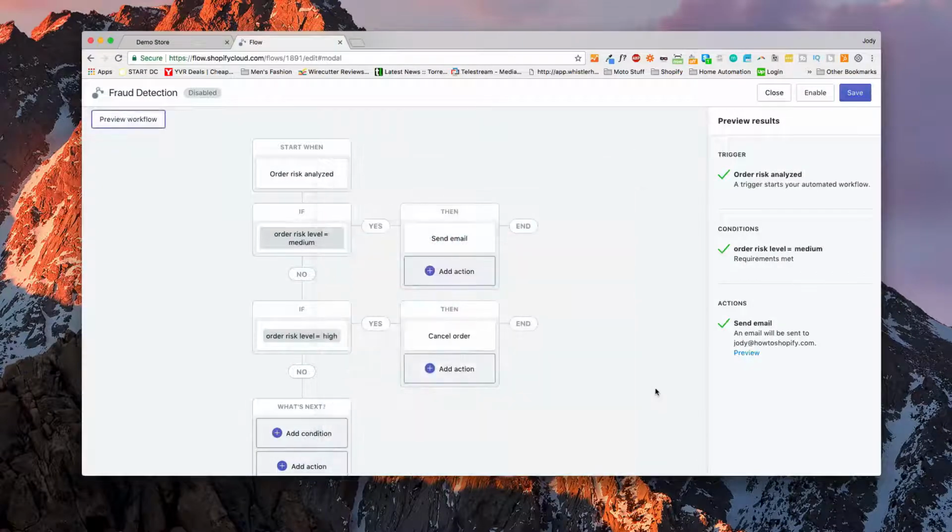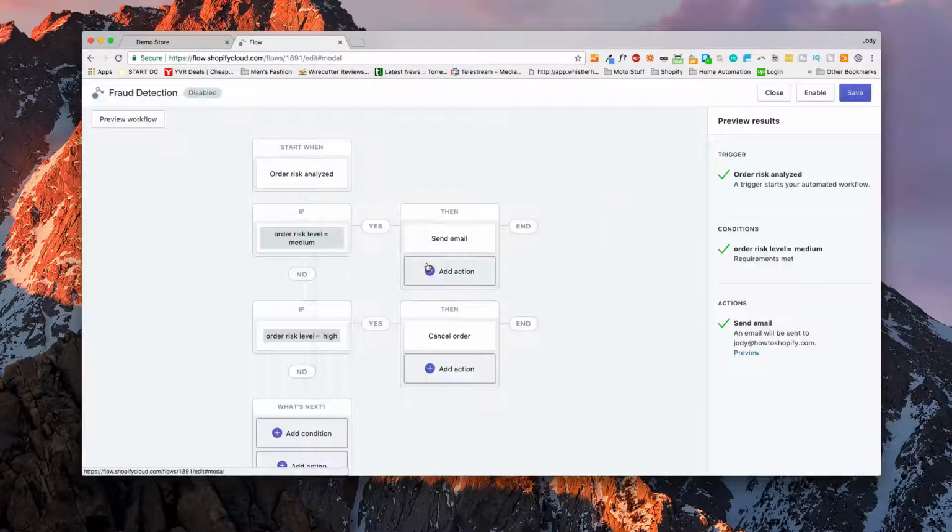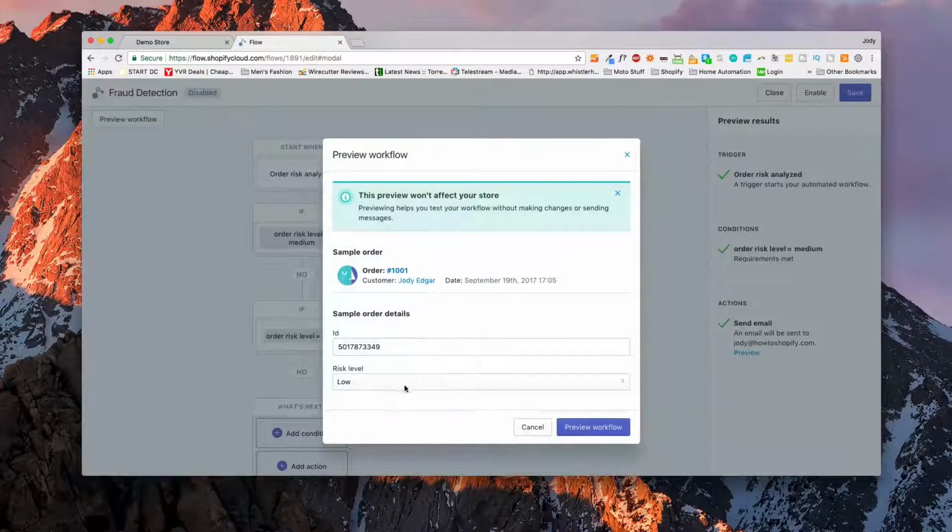I preview the workflow, and then I can go back in and preview what it looks like, and I can see the update immediately. So you can create pretty complex emails. Also, Slack messages and webhooks. If you want to integrate with an external system, you can send off your request via webhook. And then if we want to preview it for another version, so if we want to do it for risk level high,